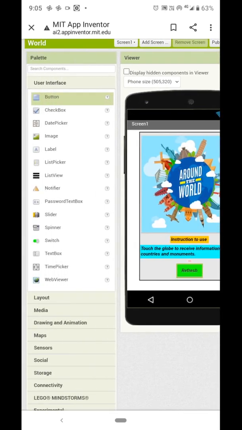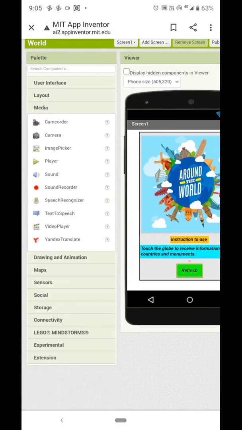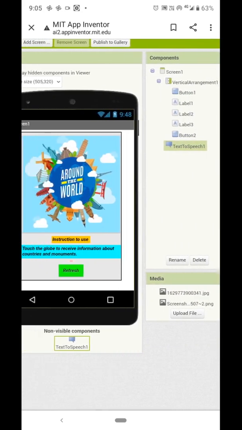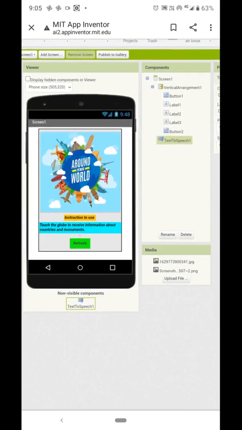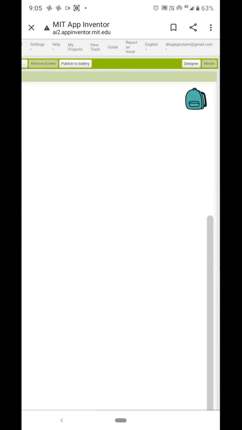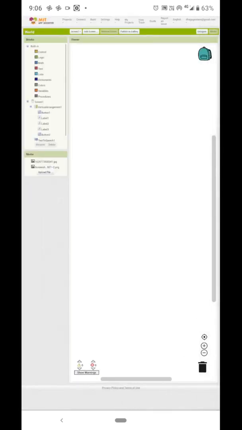Now take one more component, that is the text to speech invisible component. So the designing part is over. Now click on the blocks. Adjust the screen.